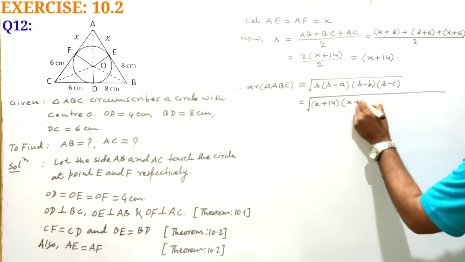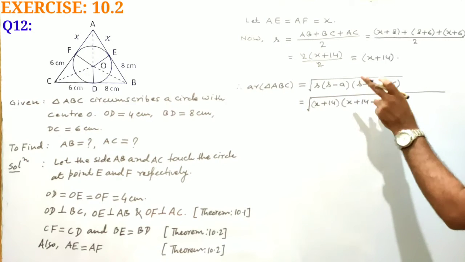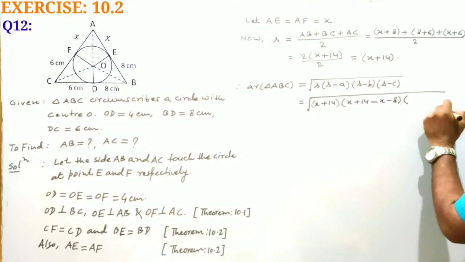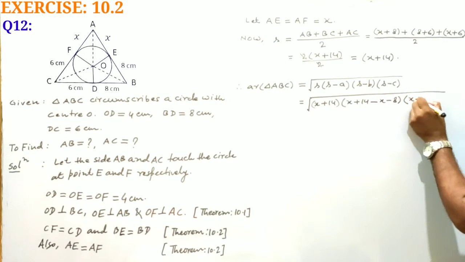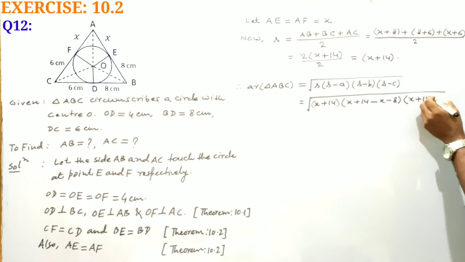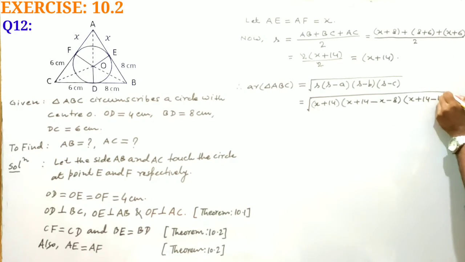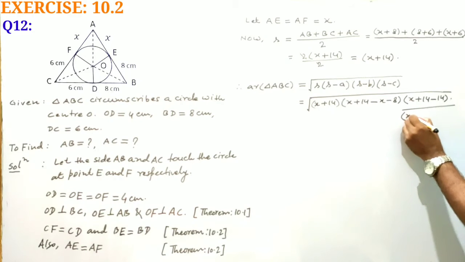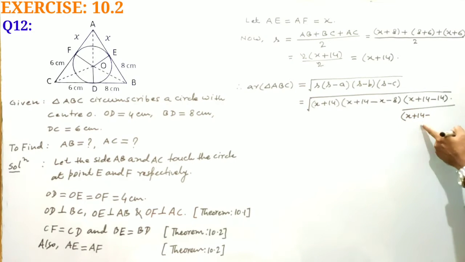So x plus 14 minus length of AB is x plus 8, so minus x minus 8 into S minus B, that is x plus 14, minus BC is 8 plus 6 14, so let me write minus 14 directly, into under root x plus 14 minus, now C is length of AC, so minus x minus 6, and